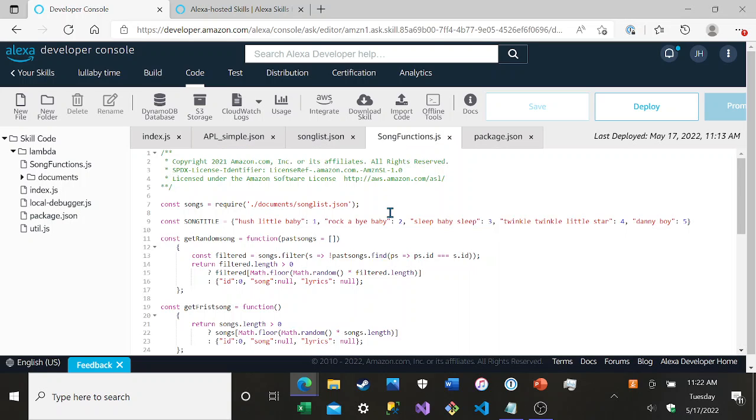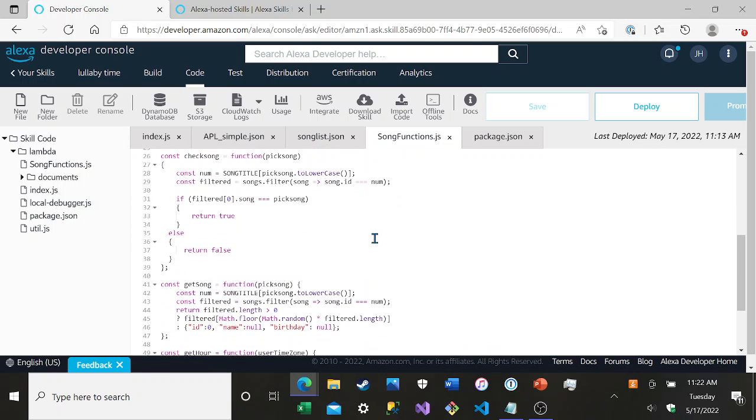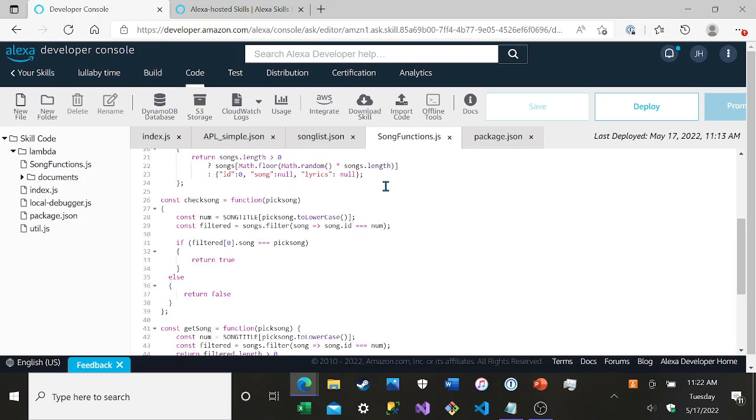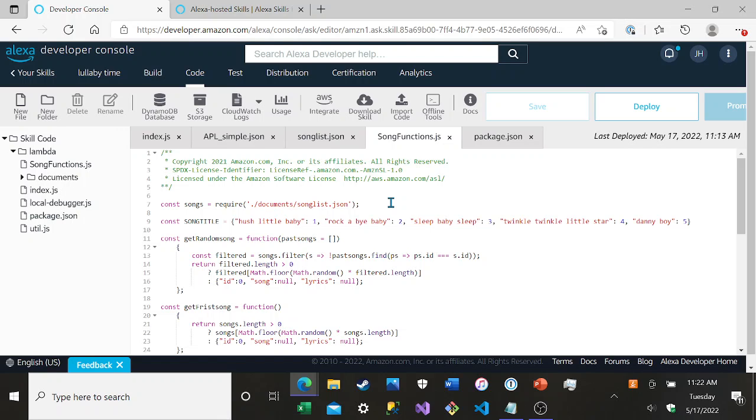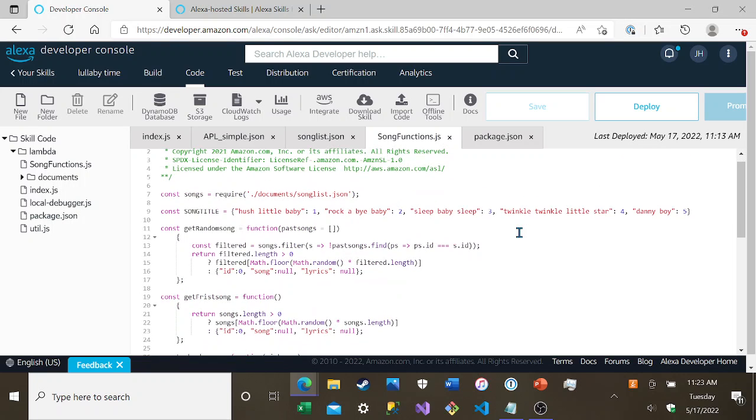And for retrieving the songs, right here is check song. I will fully admit, I followed a lot of the Alexa skill development walkthrough, and for the celebrity game, they had months. I changed it to song titles, because I tried comparing the name that you ask it to the name of the actual song list, and it never really worked.